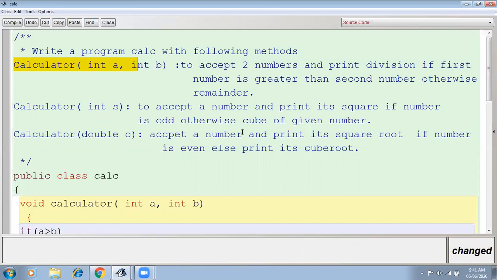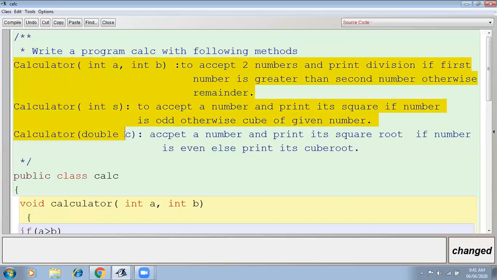Okay, first of all what is to be understood is that if you are writing a function overloading program, you have to remember that each and every function must have the same name. Here I have given calculator. In the question it is given calculator, calculator, calculator. Sometimes you may not get this type of definition in the question.